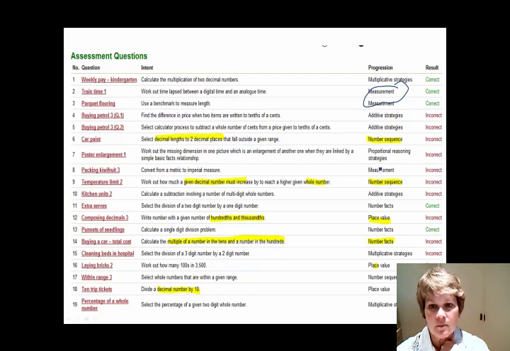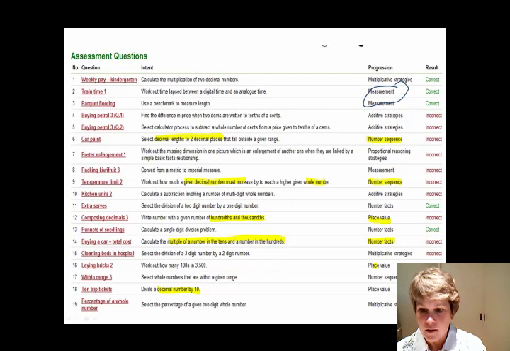Okay, there's a measurement, the one that was incorrect, that was converting from metric to imperial measure. So is that important in my course? I don't know. It depends on what the course is. If it's not, then it's not something that we need to worry about when we're thinking about embedding in our course. Okay, and then we've got